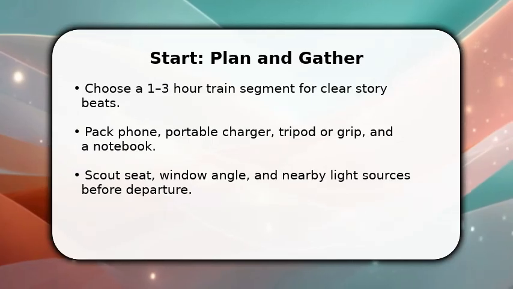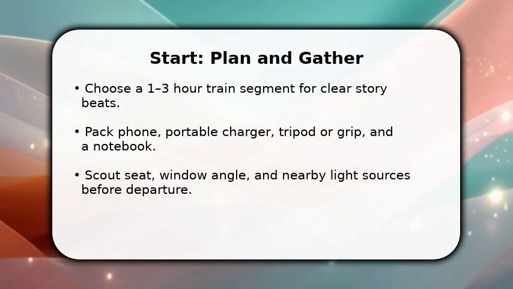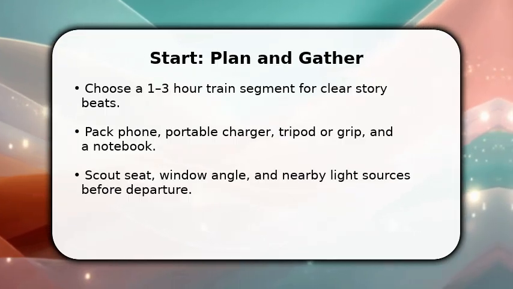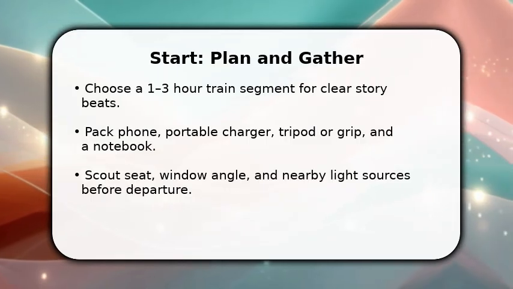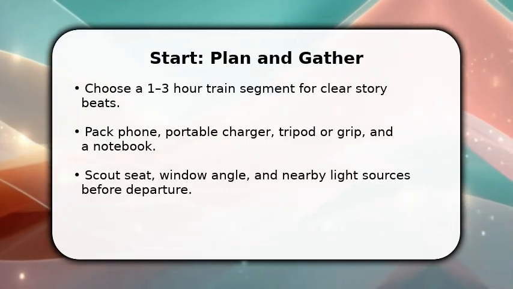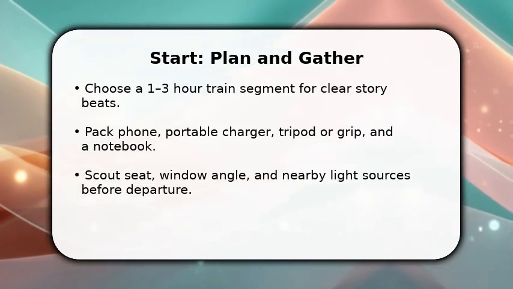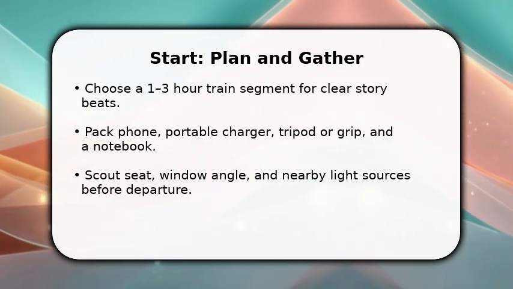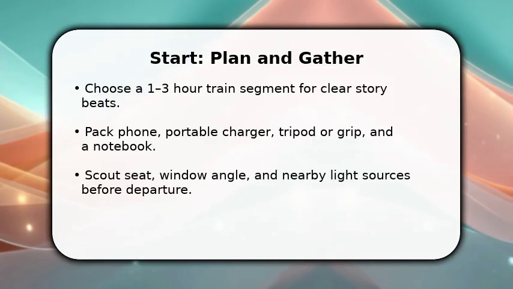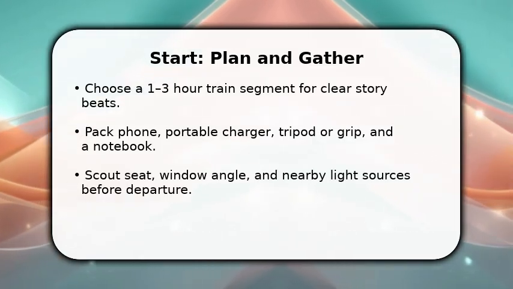You begin by deciding the core moment you want to tell and why it matters. Pick a 1-3-hour train stretch so scenes feel complete. Once decided, gather essentials: phone with extra storage, portable charger, a small tripod or grip, and a notebook for quick notes. Make sure to test camera settings, exposure, and stabilization while still at the platform. That saves time. Then board early, secure a window seat, and mark 2-3 potential shot locations to capture during the